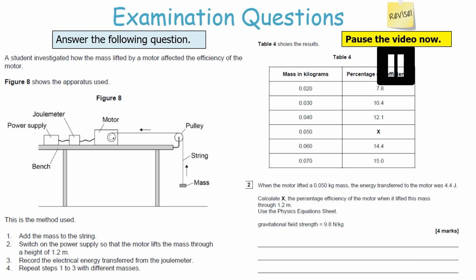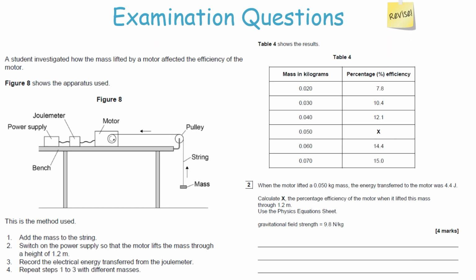So pause the video now, then unpause the video when you want to go through your answer. Right, well, one of the major hints that they give you in this question is they give you the gravitational field strength. Now, also you're noting that the motor is lifting the mass. So both those facts tell you that the energy store that's increasing in this investigation is the gravitational potential energy. So what you want to do is use the equation for gravitational potential energy, which is